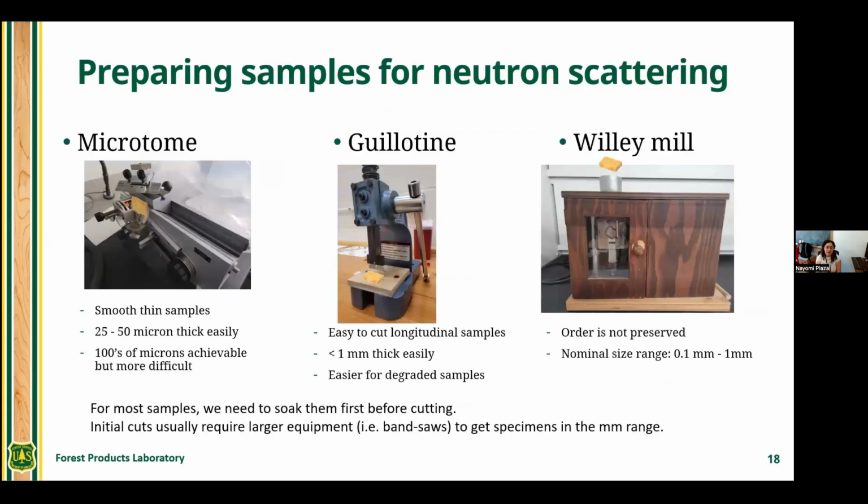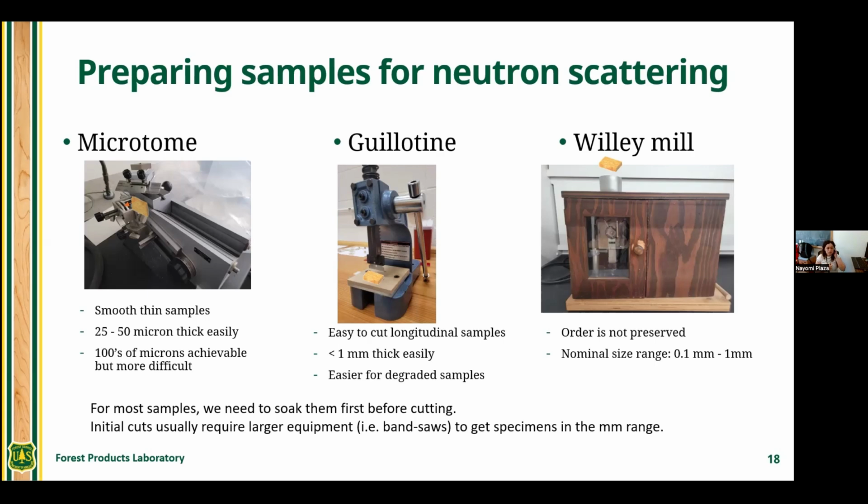The other item we look at is how we are preparing the samples. That's another thing that raises variability and will affect our anisotropic scattering and our ability to really measure microfibril swelling. There are a couple of ways we can prepare samples for neutron scattering. We have used microtomes, we have used a guillotine, and we've even explored the use of a Wiley mill. For most samples, we typically need to soak them first before cutting, especially if we're going to use the microtome or the guillotine, so that they are easier to cut and leave a smoother